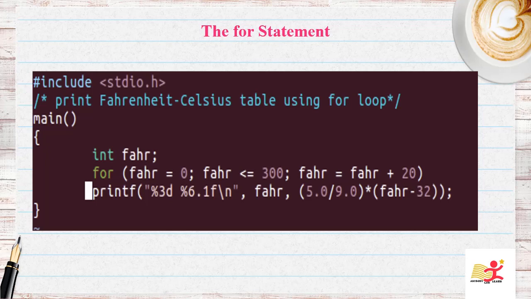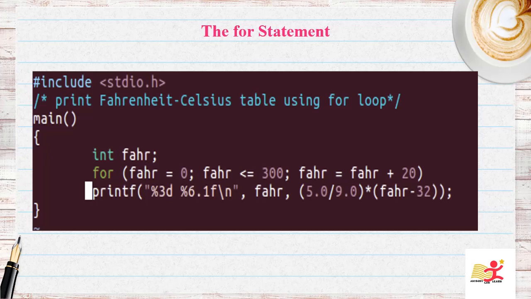So what is a for loop? A for loop, or a for statement, is a loop. It is a generalization of while, and its operation is somewhat similar to while. Within the parentheses there are three parts separated by semicolons. The first part is the initialization part, which talks about var equal to 0. Initialization is done once before the loop is entered.